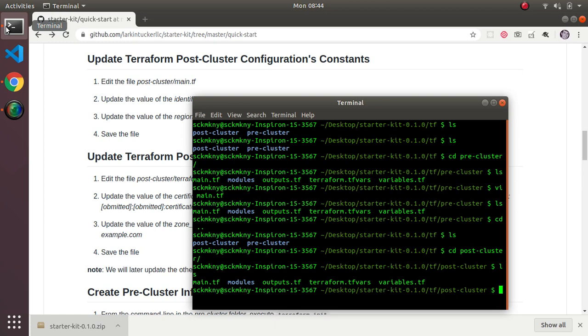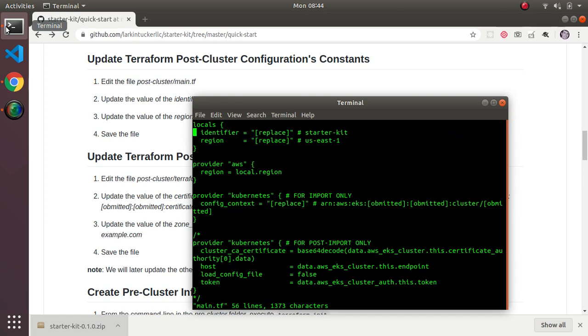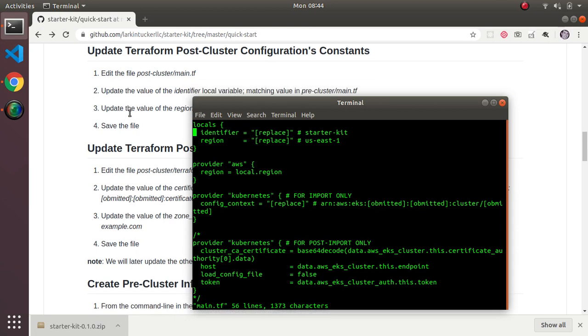Okay, so it says going to here via main. Now I think it's suggested in the documentation here. Once you set these values, you're not going to ever change them as long as your infrastructure is in place. If you destroy it all, then you can change it and recreate it, but you don't want to really change these on the fly because it's pretty much sprinkled all throughout the whole config. So if you change these and you try to reapply it, it'll basically tear out your whole infrastructure and put it all back in place anyway. So generally these are constants. So starter